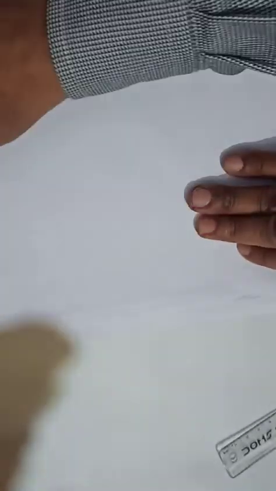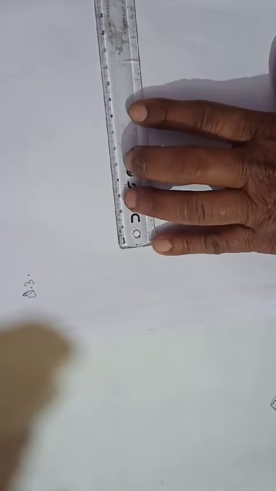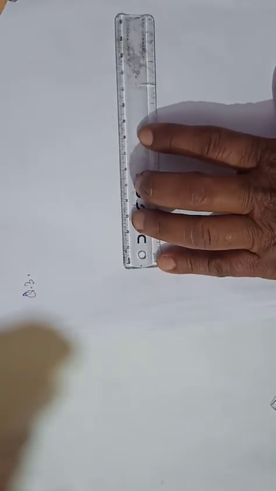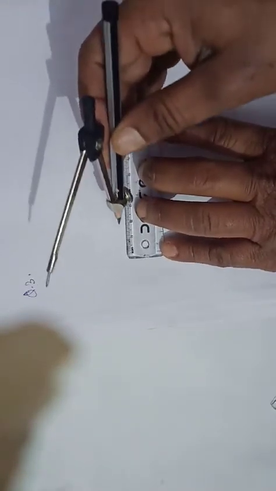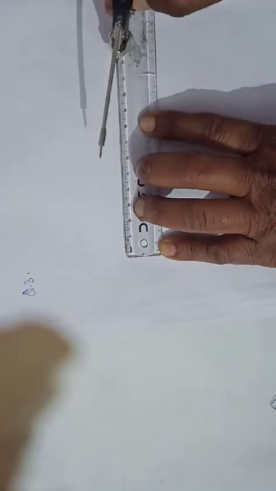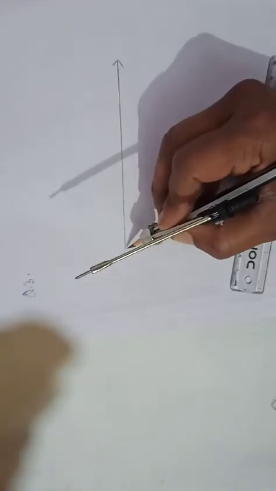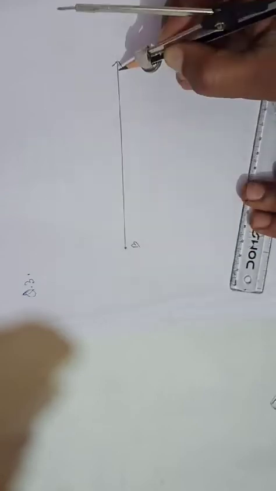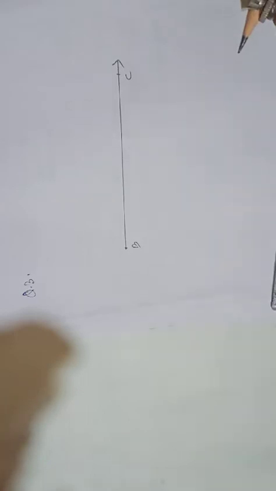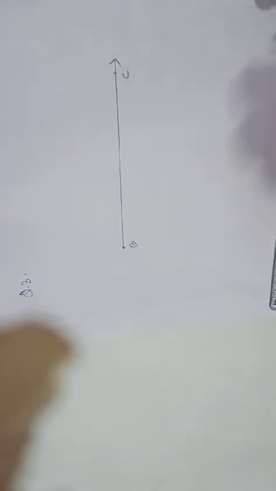Question third. In question third we have to draw the right angle. So first you'll draw the ray. The name is not there, you can write here B and here C. Afterward you have to draw the right angle, meaning 90 degree.